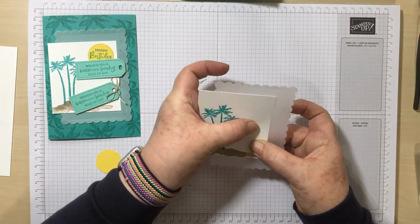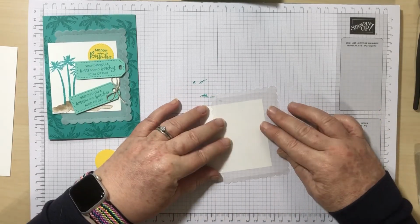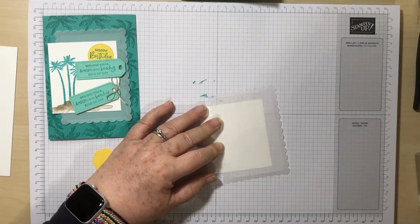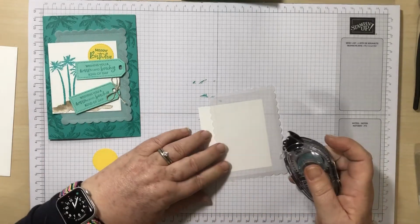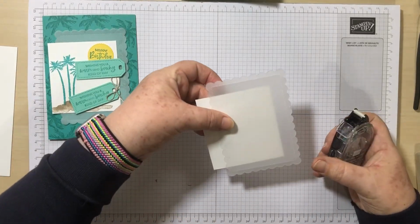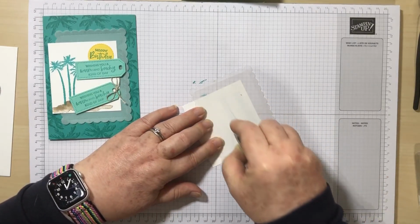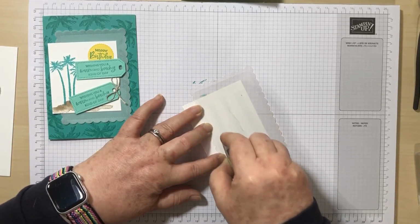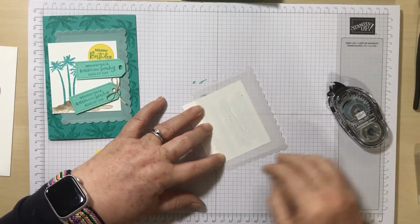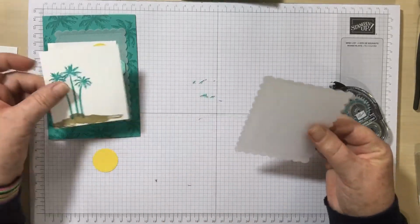looking at where this area is going to be, and that's where I'm going to add my stamp, my tape. So, where's it gone? So, my snail, there we go. So, I know that it's going to be round about there, so I'm putting it under where the white card's going to go, so you won't see this when it's glued on. And I don't want